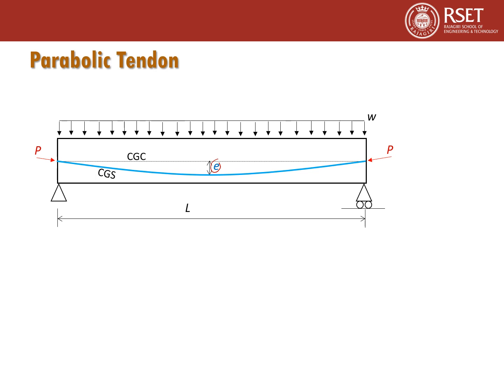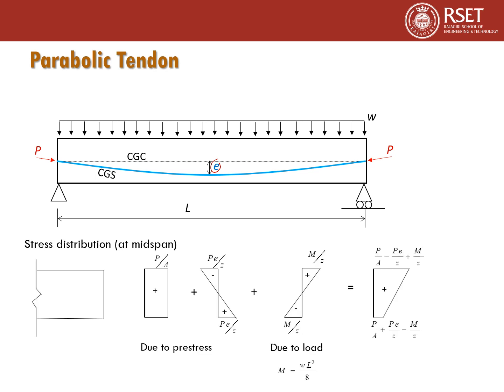Earlier case also we had an eccentricity E at the center middle span. So if you take the midspan stresses, it will be exactly the same as the earlier case with eccentric tendon. So the main difference between the two cases is that for the midspan, it will be exactly the same. For the other sections, the stresses will be much lesser in case of parabolic tendon. So that's why a parabolic tendon is preferred over a straight tendon for the case of uniformly distributed load on